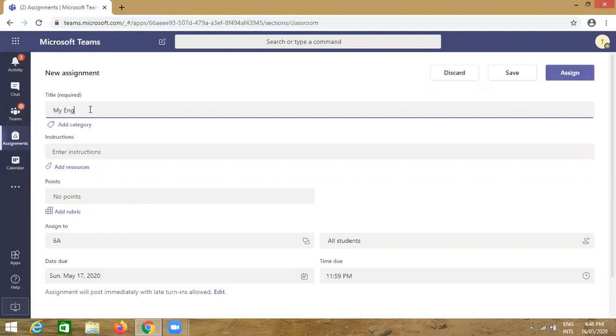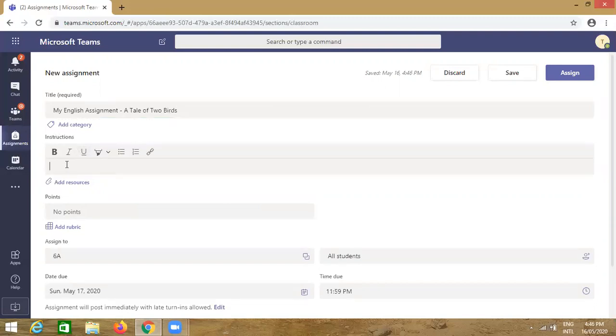My English assignment. A tale of two birds. This is the title for the assignment. Then write the instructions here.